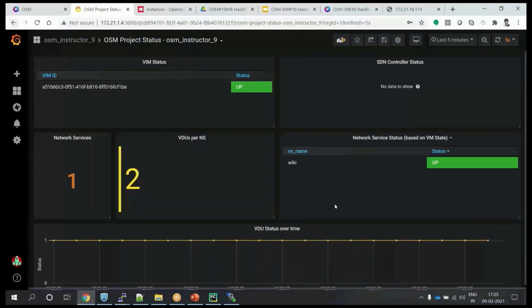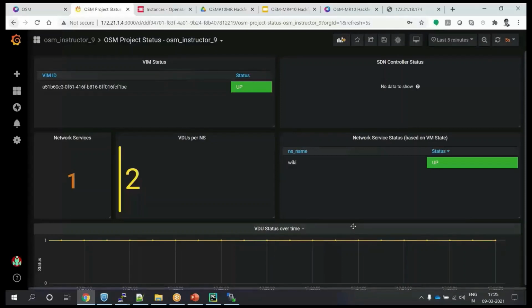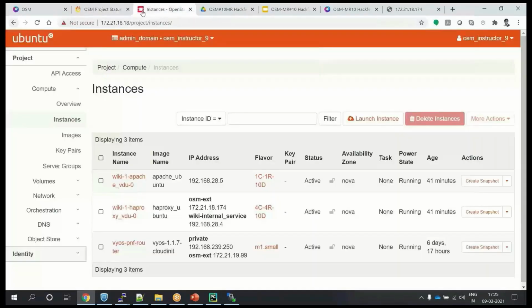because say there is one VNF which has multiple different VDUs, and if they have to be rebooted, they will be rebooted in a particular order. For example, you have seen here this wiki service which has HA proxy and an Apache web server. If both become unresponsive, the entire VNF becomes unresponsive. Which one should I reboot first, HA proxy or Apache web server? If I am a VNF vendor, I will say, okay, you first reboot the Apache web server, see that it has come up, and then only you go and reboot the HA proxy so that it can connect to this